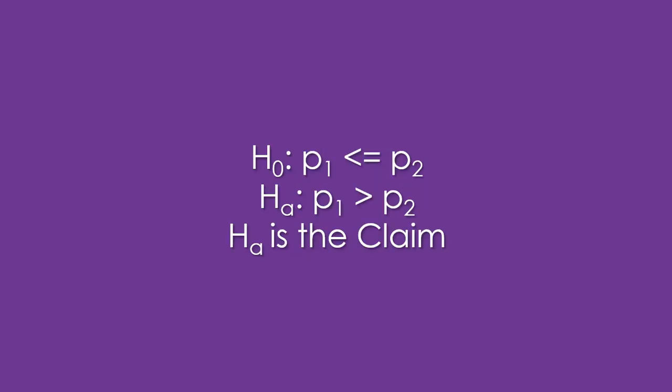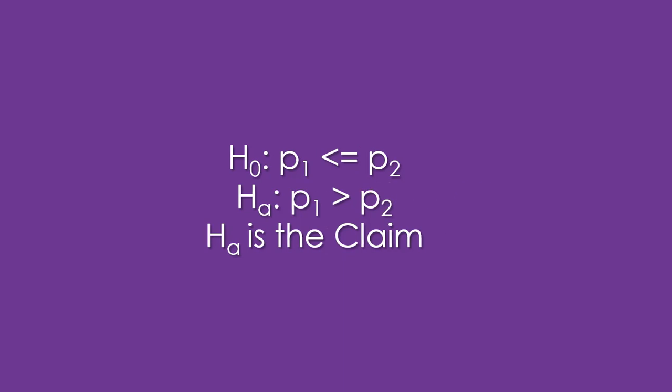You always start by stating the null and alternative hypothesis here in math forms. The claim was that the proportion in the South is greater than the proportion in the North. The alternative thus is HA: p1 greater than p2. The null has to be the complement: p1 less than or equal to p2. And again, HA is the claim. Because the claim, the alternative, has a greater than symbol that points to the right, that tells you this is